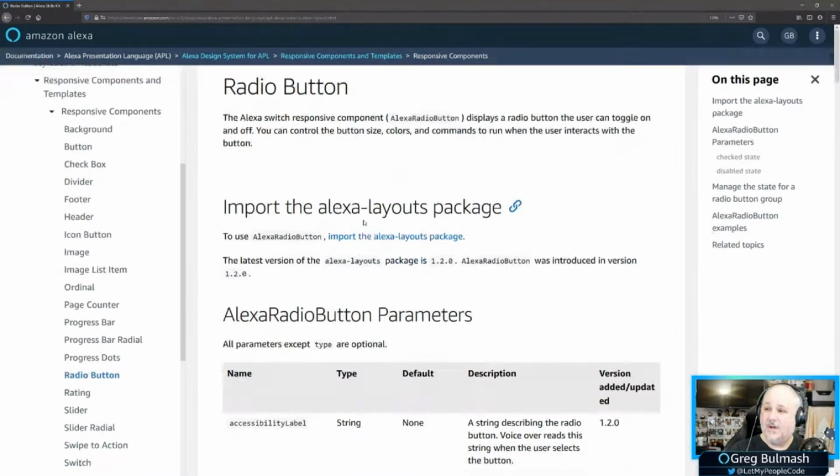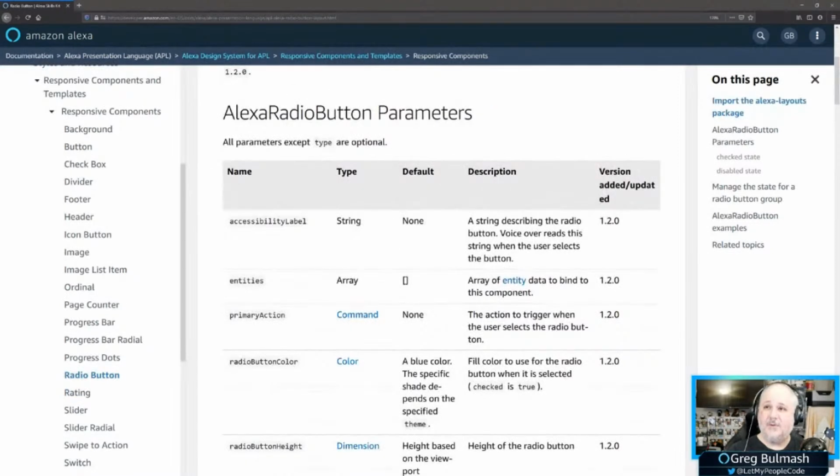So we'll go through this, and I am going to go to, it's funny, I like to promote our APL authoring tool, but it requires going into our developer console, logging in, getting into an actual skill, and then going to that.